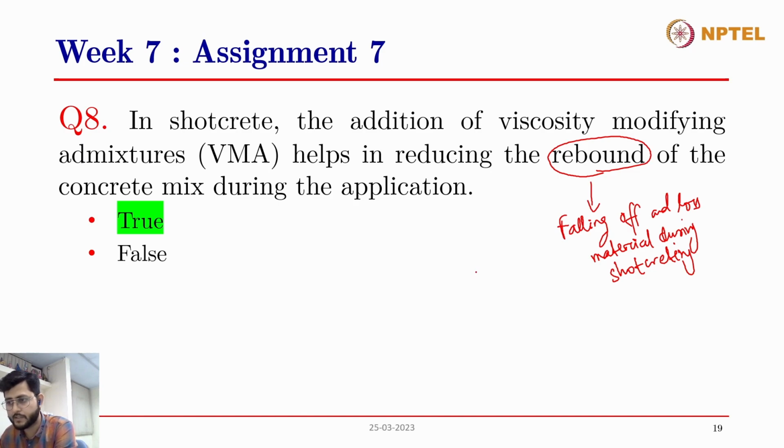over the perimeter that is being designed, we want the viscosity and the yield stress to be high, so that the layer will not fall off, will not flow, and it will have its buildability, or it will have its shape intact. So this is also used. The VMAs are also used in those applications, where we want to enhance the viscosity after we have placed the concrete in its particular location. So this is a true statement, right?